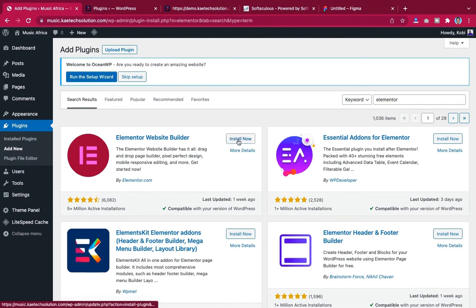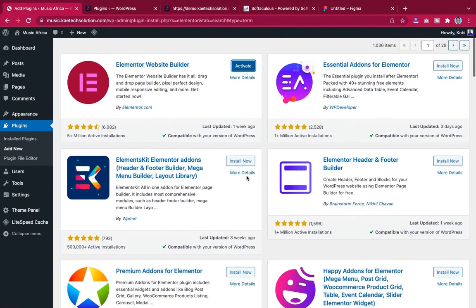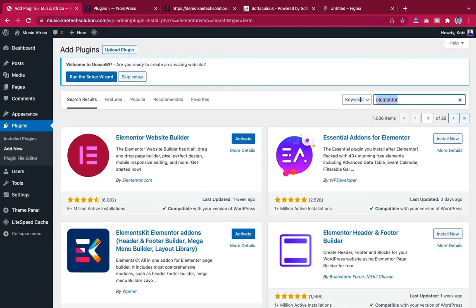Okay, and then after installing it, we also install this one, which is Element Kits. We're going to use this one also to add more functionality to Elementor. Because we are using the Elementor free version, we need some other plugins to support it. So we install this one also, and then we also search for